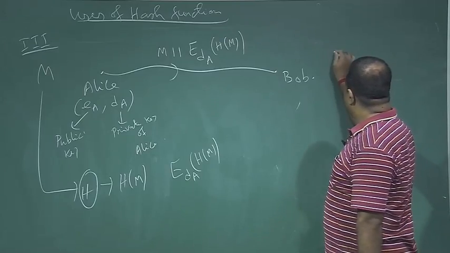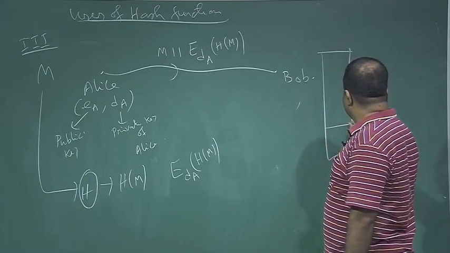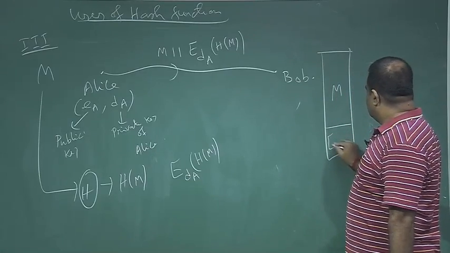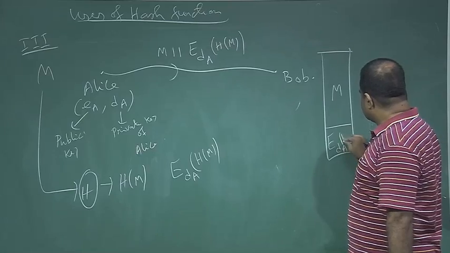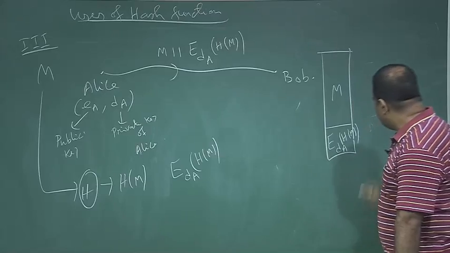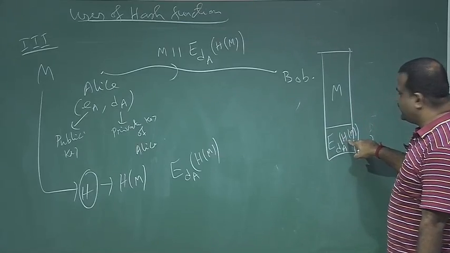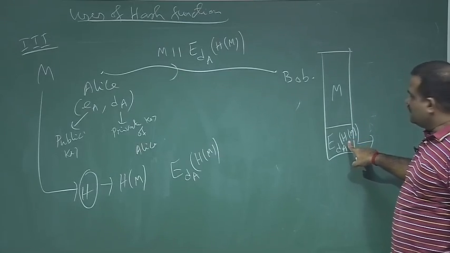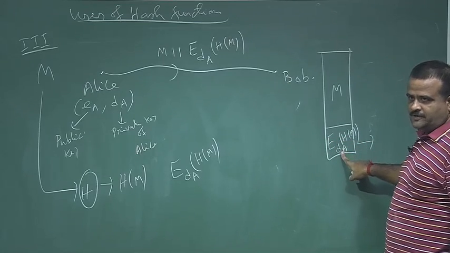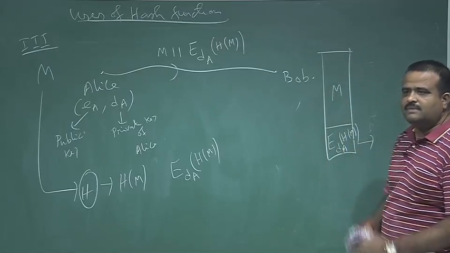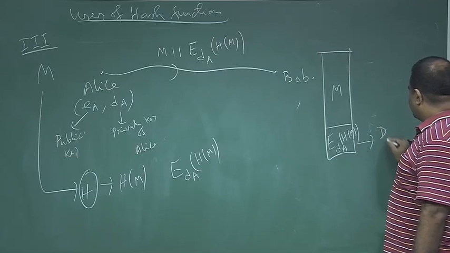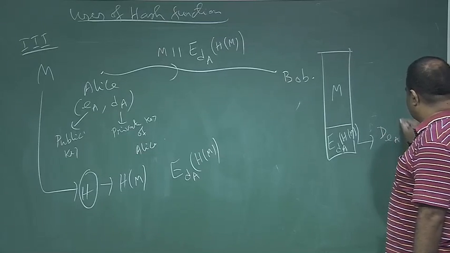And this Alice will send to Bob. So, how will Bob verify that the message is coming from Alice? Bob is getting this message along with Alice's signature on the hashed value of this message, because it is reduced size. So, what will Bob do? Bob will first get it back. That means Bob has to apply the inverse of this using Alice's public key, which is known to everybody, though this can be done by other parties also, Oscar also. So, Bob will just decrypt using Alice's public key on this